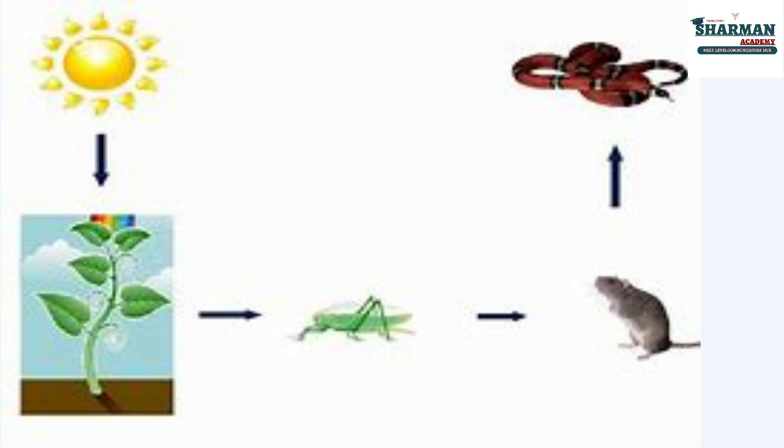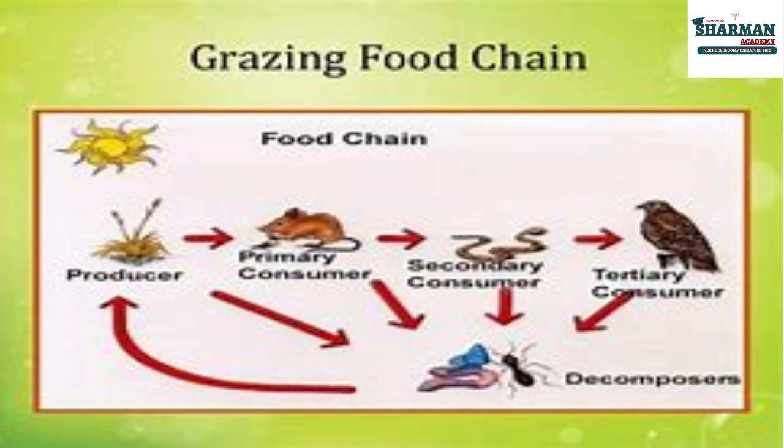There cannot be too many links in a single food chain, because the animals at the end of the chain would not get enough food, and hence, energy, to stay alive. The transfer of food energy from the producers, through a series of organisms with repeated eating and being eaten, is known as a food chain. In nature, basically, 2 types of food chains are recognized: the grazing food chain and the detritus food chain.